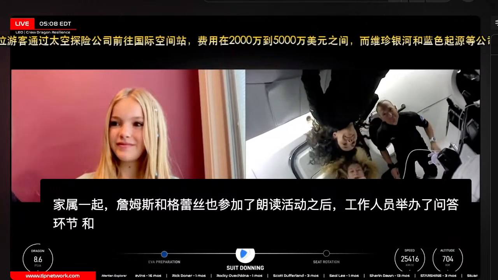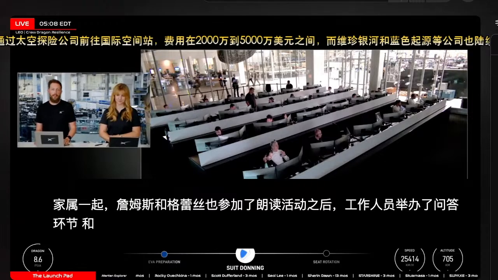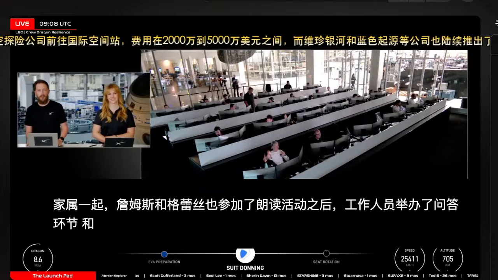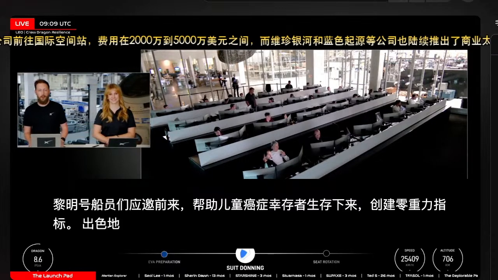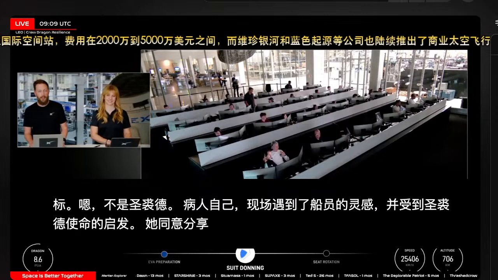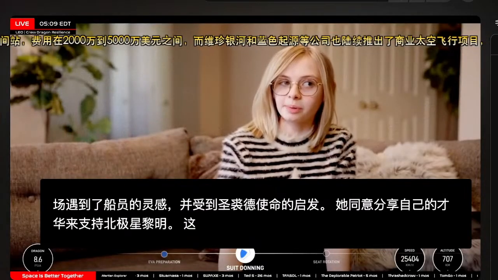And speaking of St. Jude, for this mission, the Polaris Dawn crew enlisted the help of childhood cancer survivor Liv to create the mission's zero-G indicator. While not a St. Jude patient herself, Liv met the crew, and inspired by the mission of St. Jude, she agreed to share her talents to support Polaris Dawn. Miss Liv, and